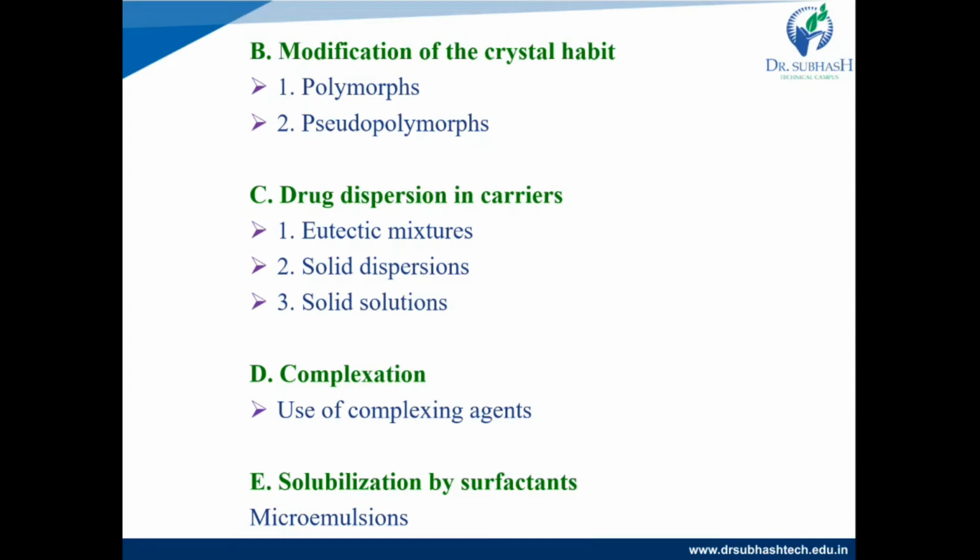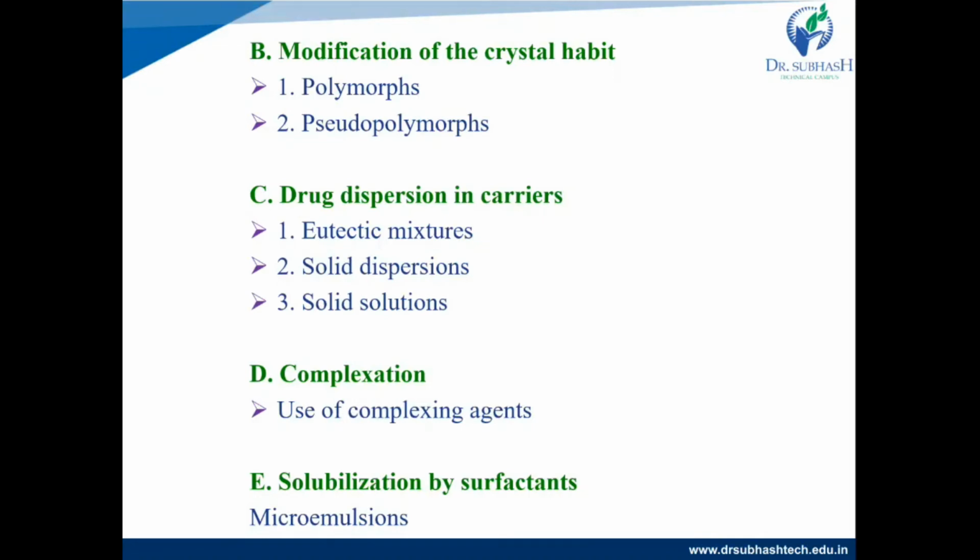A solid solution is molecularly dispersed in a solid solvent, or we can say a solid solution forms when two metals are completely soluble in both the liquid and solid states. Two components crystallize together in a homogeneous one-phase system, called a solid solution or molecular solution. Compared to others, the solid solution shows greater aqueous solubility and faster dissolution rate than eutectic mixtures and solid dispersions, because of the reduction in particle size down to the molecular level.